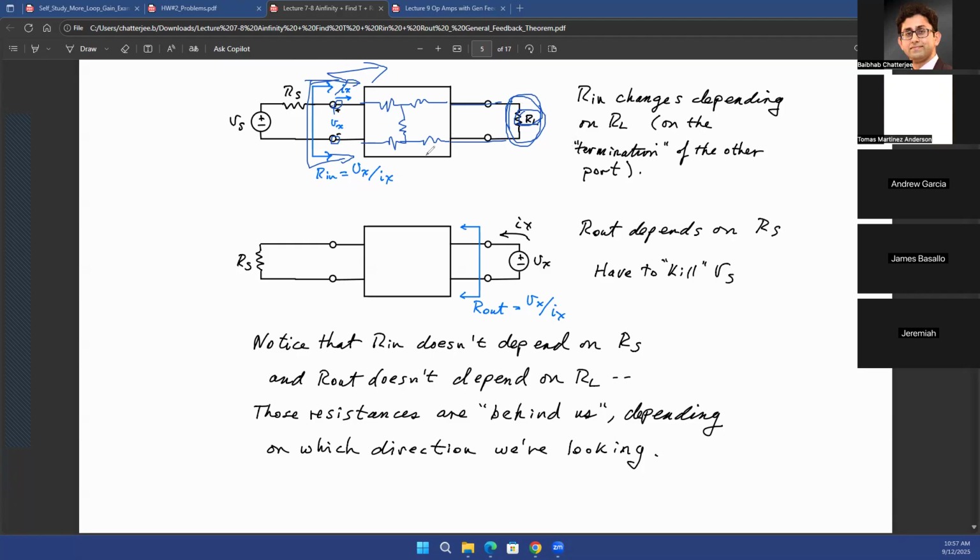So unless there is an isolating element, let's say you put something within the black box that isolates your load from the input side, in that case, the load will have no impact. But in general, in the circuits we'll look at in this course, you'll see that changing RL will have an impact on the input resistance. However, if you change RS,